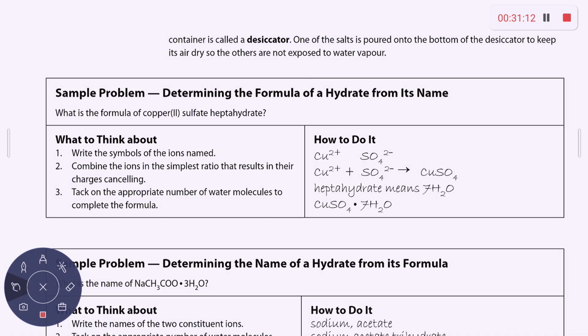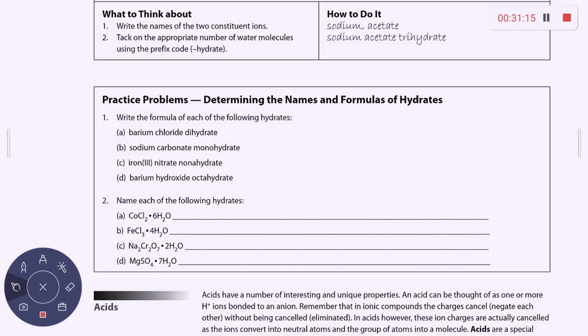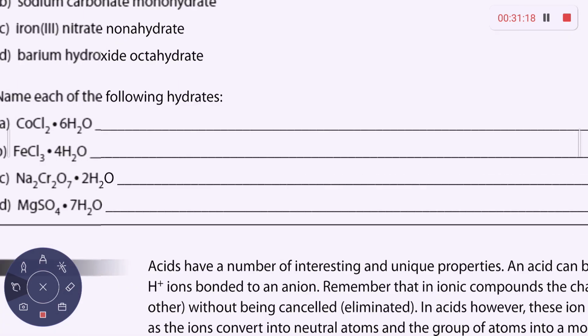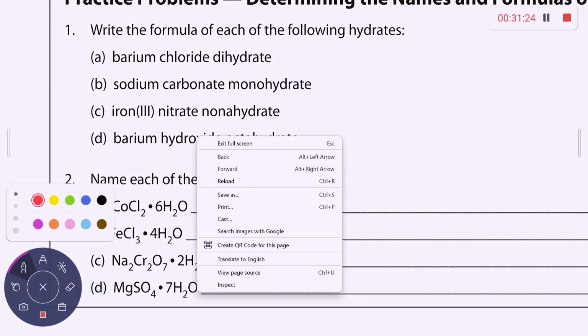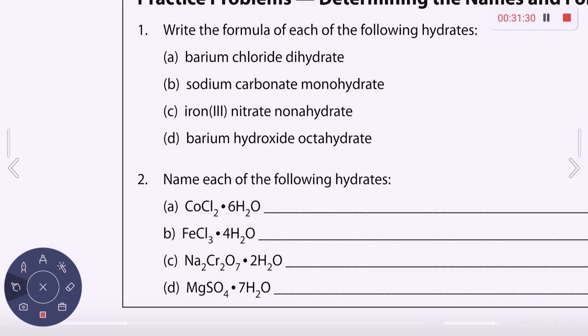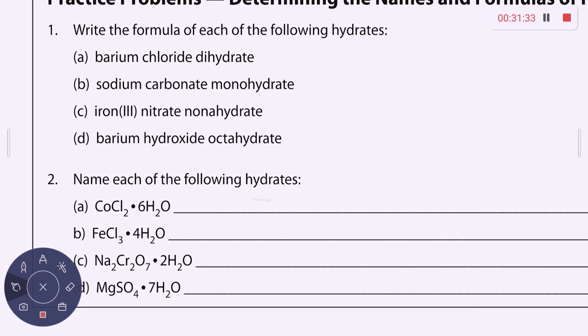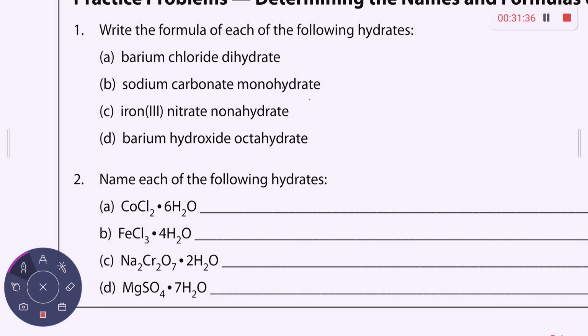Okay, let's take a look at how to do these. Let's just jump straight into the practice problems right here. All right, so here I've got barium chloride dihydrate. So barium is Ba+2, chloride is Cl-1, so BaCl2 is the chemical formula for barium chloride. This dihydrate means I have 2 waters attached. We typically put that little dot, like a multiplication symbol there,